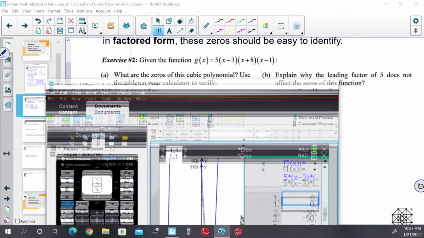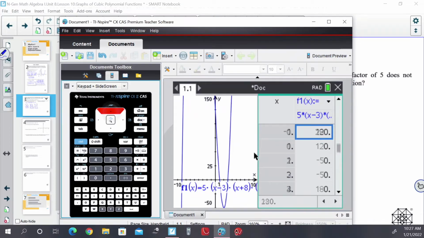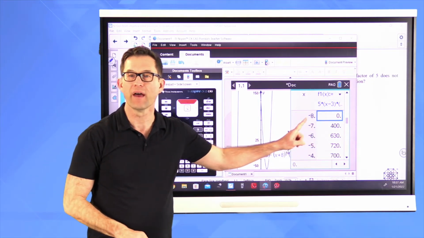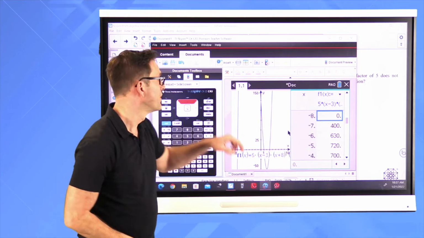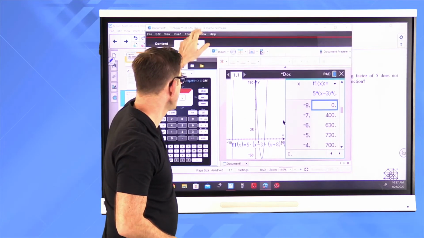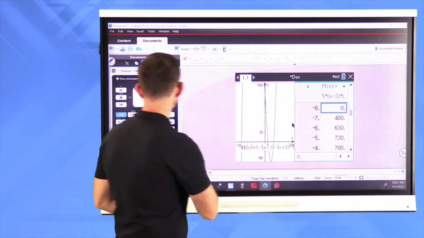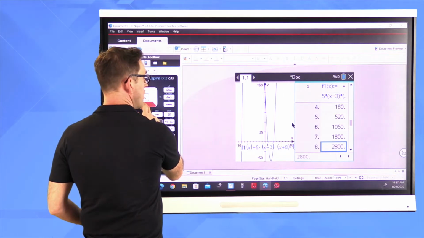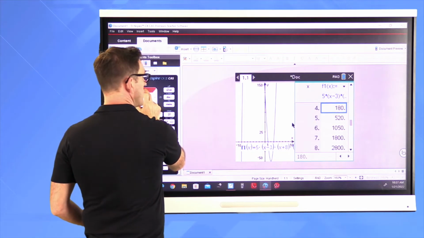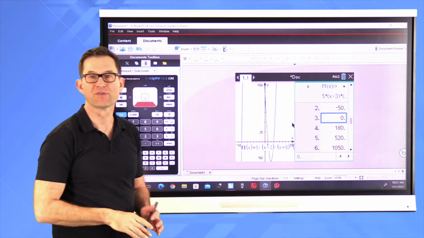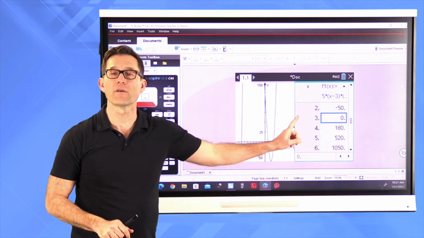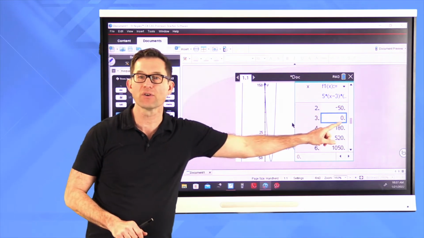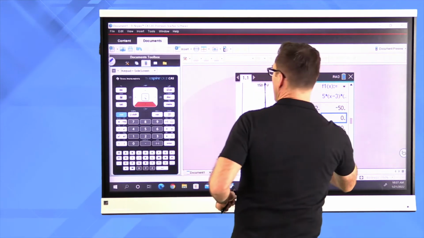Okay. My smallest 0 was x equals negative 8. Let me just verify that. If I go to x equals negative 8, I see a 0 in the table, right? X equals negative 8 gives me a 0. My other 2 zeros were x equals 1 and x equals 3. Let's verify those real quickly. I'll just keep this on the big view. Whoops. Come on. All right, there's my x equals 3, 0. Again, this is a very good way to verify your algebra, right? When x equals 3 went into the expression, 0 came out. And my final 0